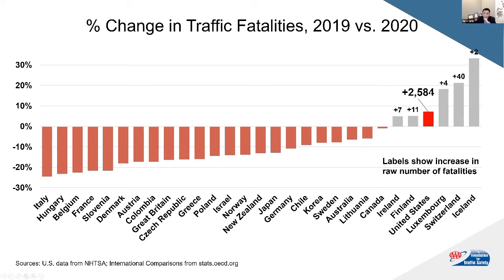But when you look at these few countries, you go, wow, the United States certainly is jumping out. A key takeaway from this slide: you may think, wow, Iceland is really in bad shape. Well, the total number of traffic fatalities in Iceland in 2019 was 6 people. In 2020, they had 2 additional people die, 8 people. So that's a 2-person increase. But look at the United States, where more than 2,500 additional people died in 2020 compared to 2019,